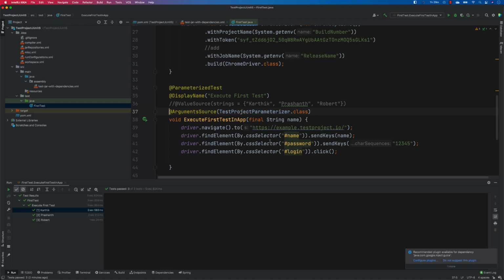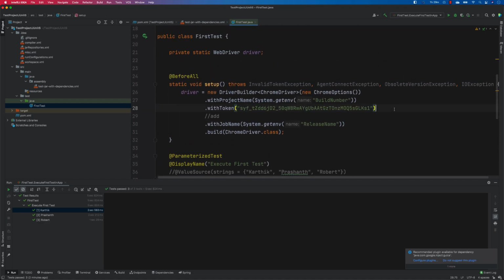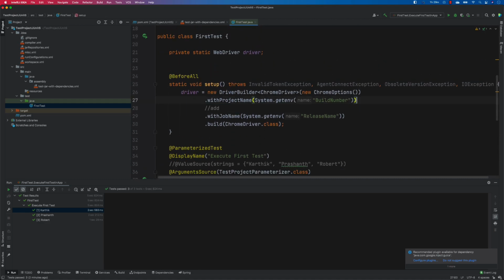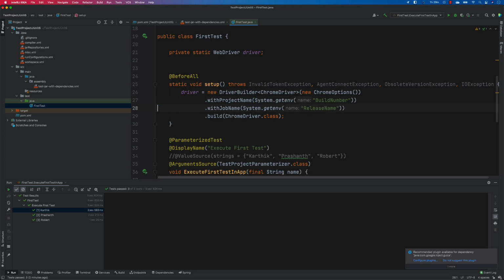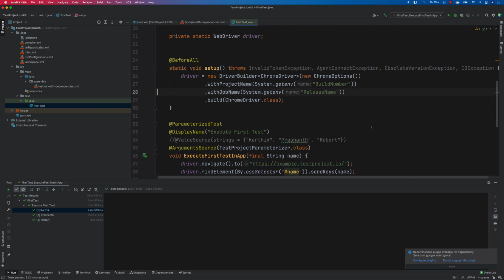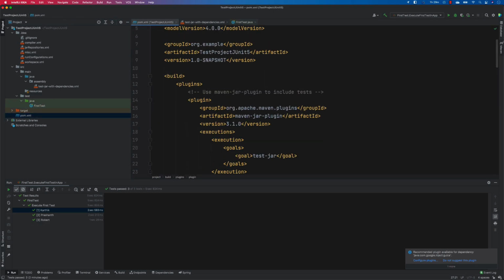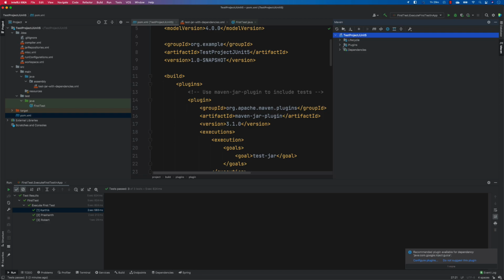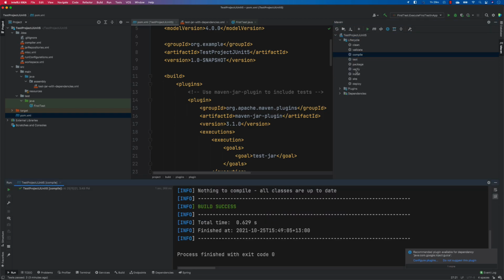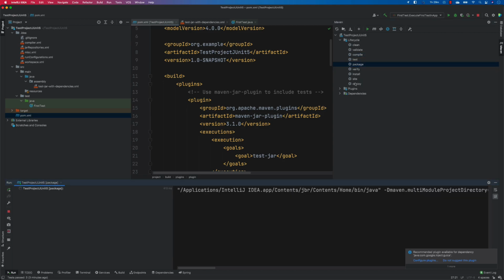So I'm just going to save this code over here. I'm in fact going to get rid of the token because we don't really need that. So this is the only code that we have got. And now I'm just going to go to the Parameterized file, probably on the Maven jobs, going to the lifecycle. I'm going to compile the project. It's done. And then I'm going to package the project,